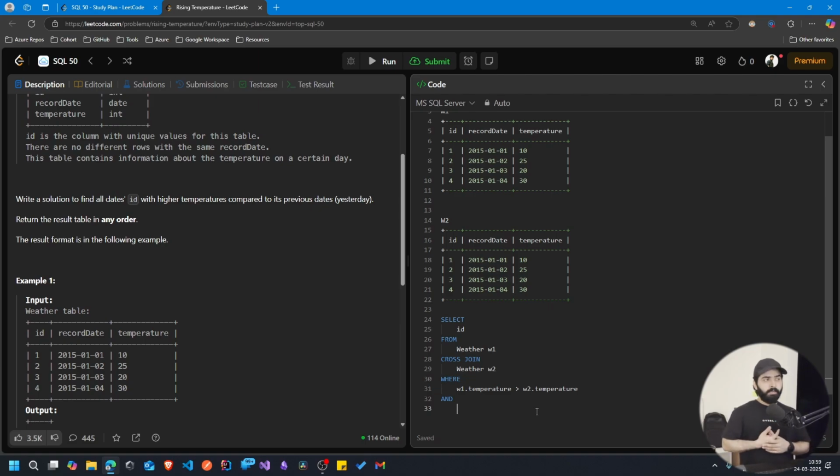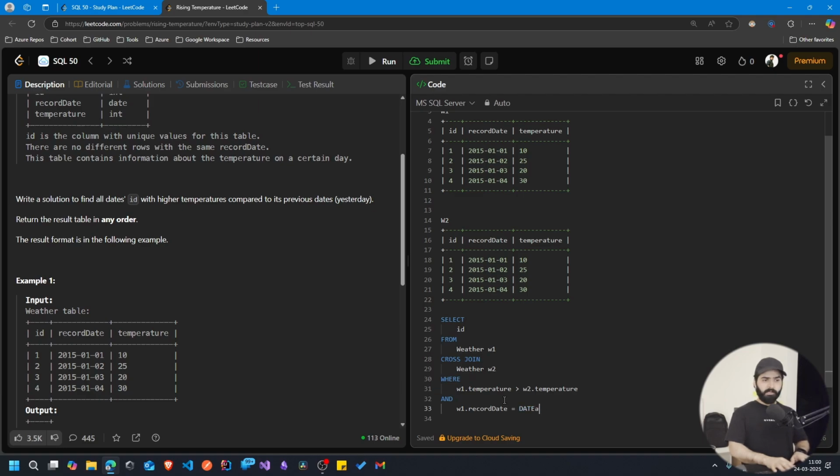We have the next day, so if we have the next day, this date should be equal. Couldn't we write something like, which is my record date? This must be equal to,